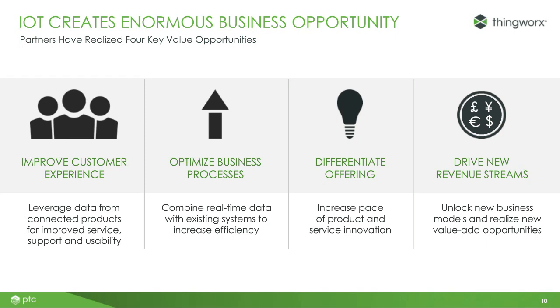And through that, they can optimize business processes and really, if you're looking at how we create smart connected products, you can really create a differentiated offering. So within your industrial setting, if you're creating an actual product and delivering that product to market, having that product become smart and connected creates a very differentiated offering for that product when it enters its actual place of operation. And then finally, with all of this, whether it's from a cost savings perspective or whether it's from a new product line or modifying an existing product line, it really allows you to generate new revenue opportunities, both from a net new standpoint, but also from a cost savings standpoint.